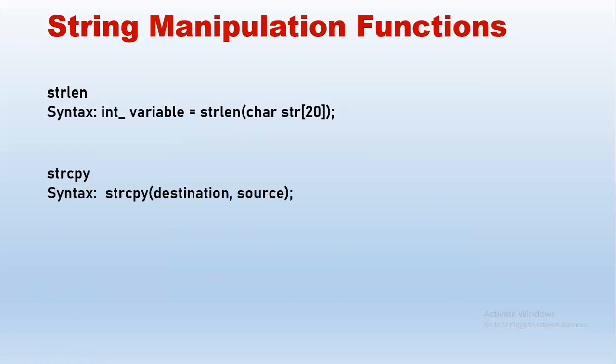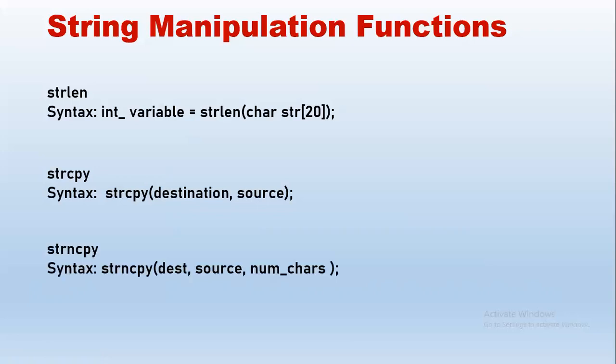The next function we have is strcpy. It is important to note the order of the strings. Here we have strcpy, which is a keyword, and within round brackets we specify both the strings. The first string is supposed to be the destination, and after the comma, the second string is the source. Whatever is there in the source will be copied to the destination string. So if we have str1 comma str2, the string value from str2 will be copied to str1. We will see this with the help of an example also. We will trace it when we discuss the program in the coming slides.